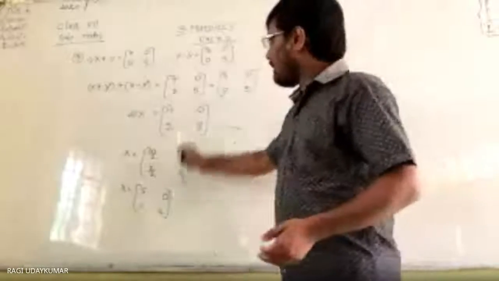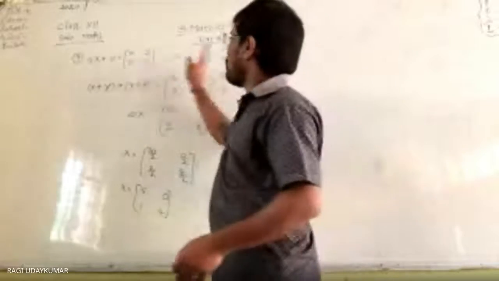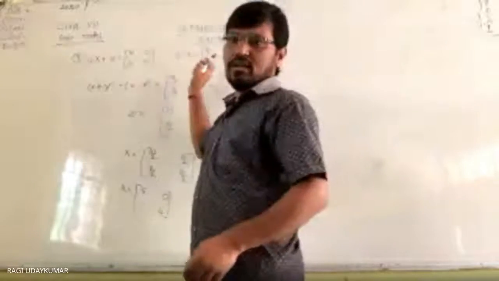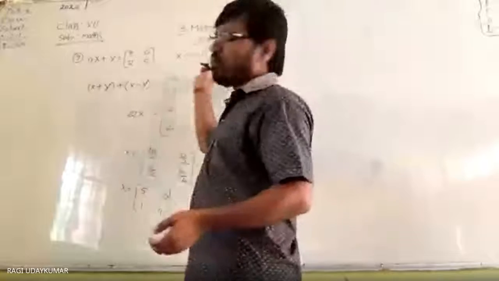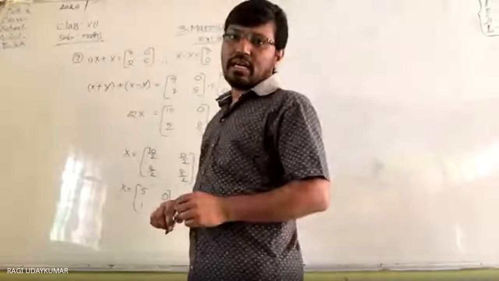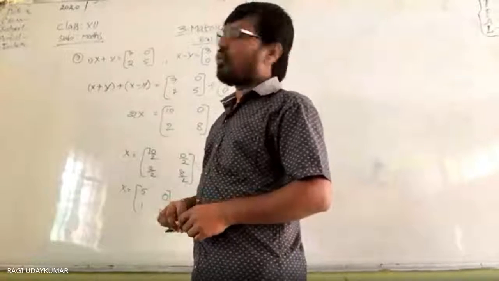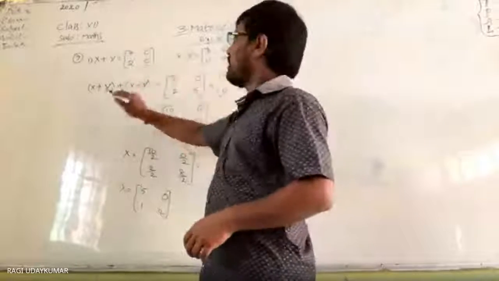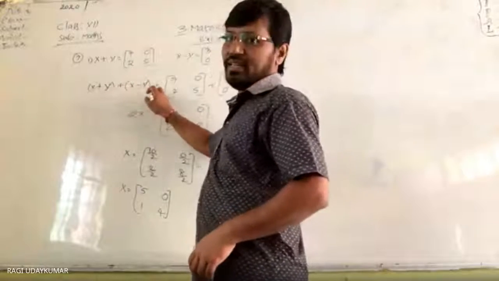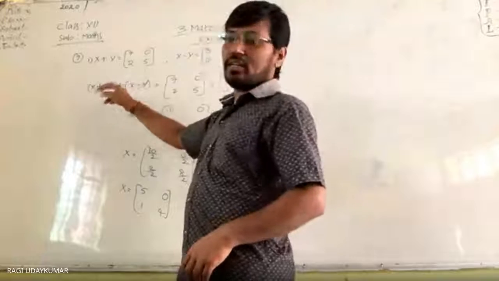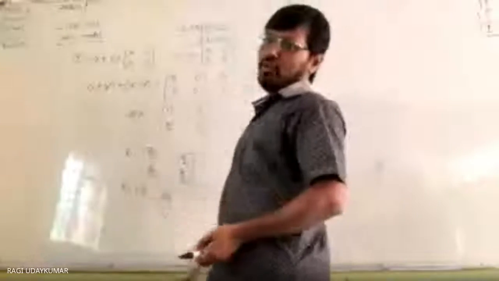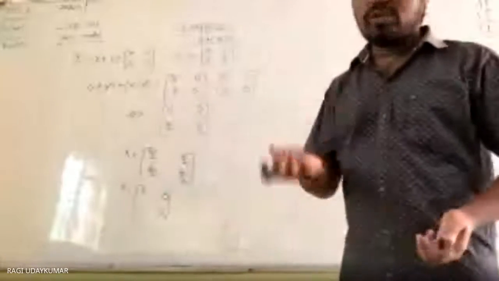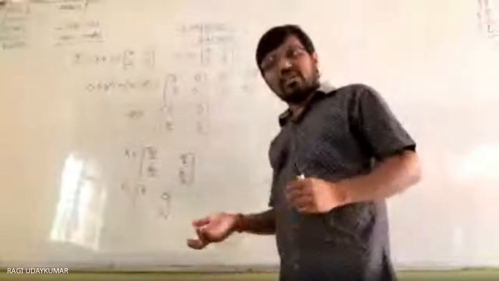In the same way as you have added these two matrices, you try to subtract these two matrices. Subtract both of these. Then what do you get? x plus y minus x minus y. So x and x will get cancelled, 2y you are going to get. Then you will get y. This is one way of doing. You do the experiment, whether you will get it or not.